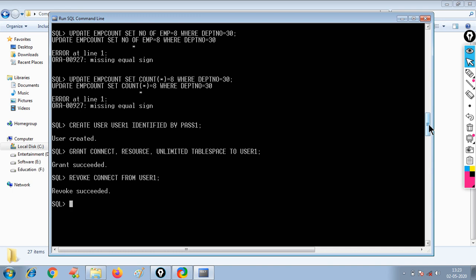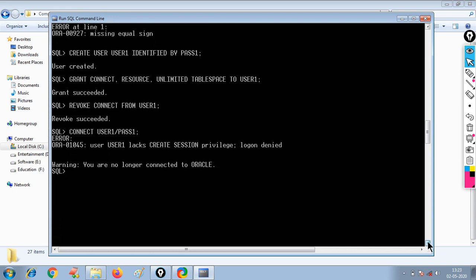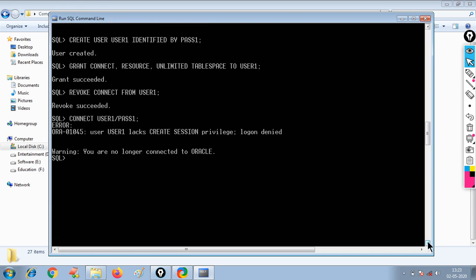Revoke succeeded. Now if you try to connect using user 1 and password 1, you cannot connect to the database because you have revoked the privilege.